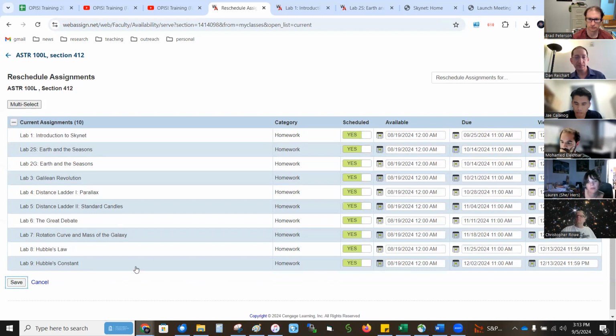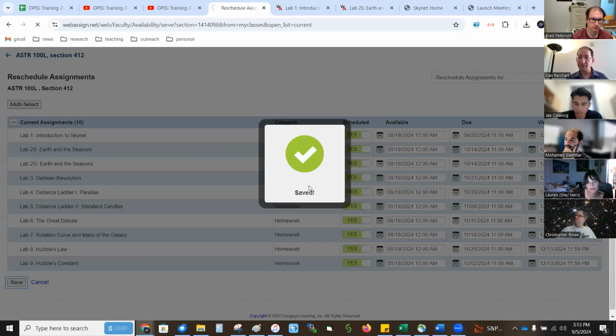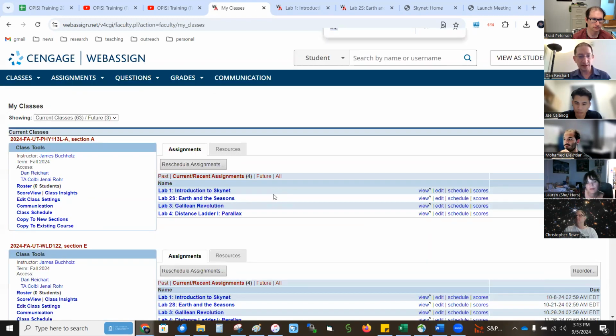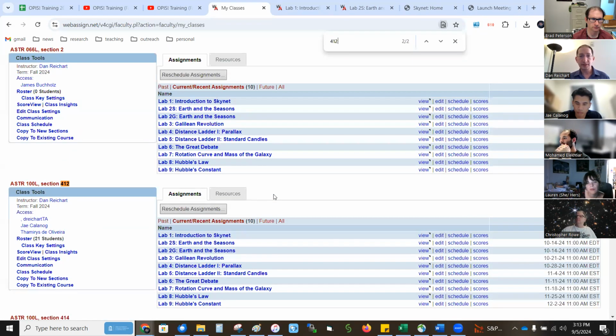Okay. Made a few little changes there, so I'm going to save them. But when you first get your account, this is where you go to modify everything. As soon as it moves me back to the main page. Okay. I'm going to open up to view a lab. You go here to view.